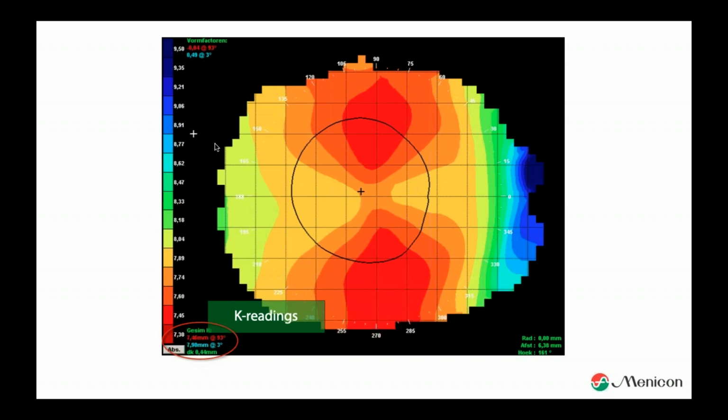Another thing some topographers show you are E-values, eccentricities. If you look more into lens designs and fitting perspectives, E-values will become less important as well. But again, that's maybe something to explain in another topic, in another webinar. But for now, we can do something with E-values as well.